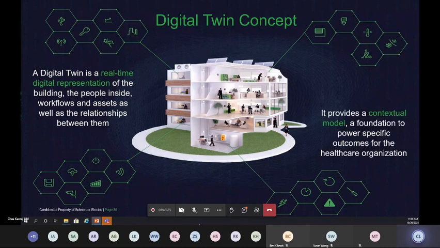So the future is the contextual model. Now again, if I were to say, okay, let's test this, let's cut off the main utility power and see what the hospital is going to do. With the right data, with the correct data being collected, behavior and so on, we are able to simulate that kind of scenario and see what the outcome is. So we are trying to predict the future. This is what the digital twin concept is all about. And this is going to be the future not only for healthcare, but for many other segments.